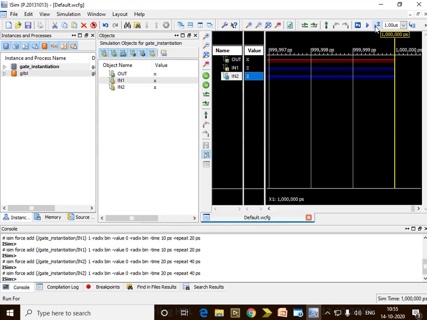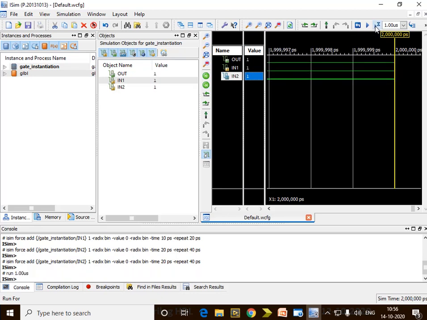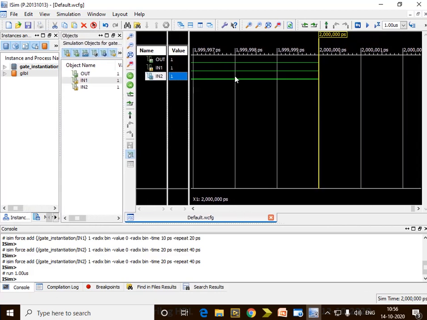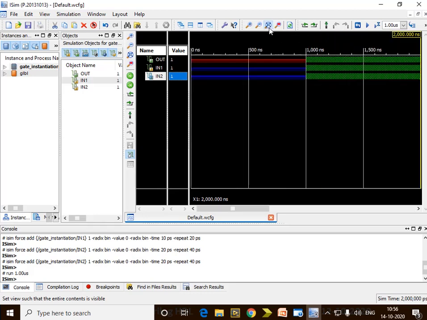Now use this option to simulate. Simulation happens. Initially you see a single outcome, because the simulation window is running for quite a large amount of time, hence it will not show any waveforms. So you have to use this option, zoom to full view. The moment you click it, you'll get small waveforms.